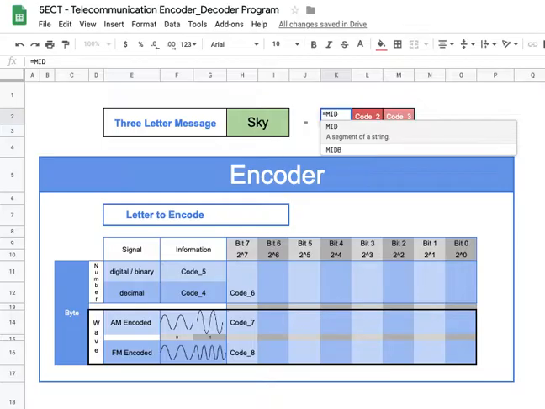So I'm going to put in MID, parentheses, and I got to go tell it what word I want it to break apart. So I'm going to go back and click on H2, and then I got to put a comma. I got to tell it what letter I want to start with. The first one would be the first letter, comma, and then how many letters. Since we're trying to break this into single letters, I'm going to put comma 1 in parentheses,